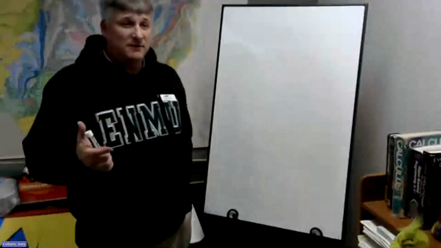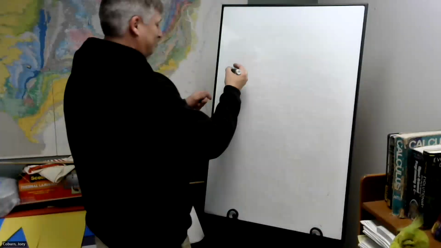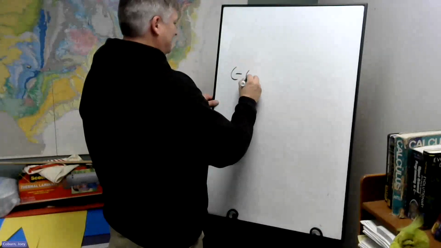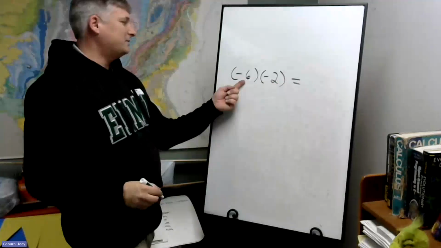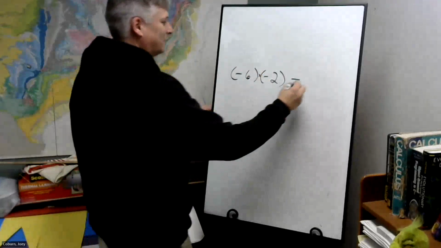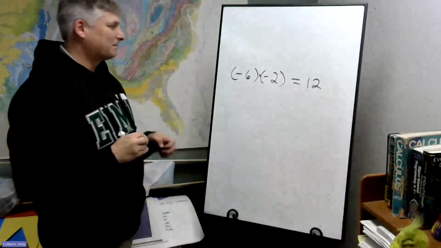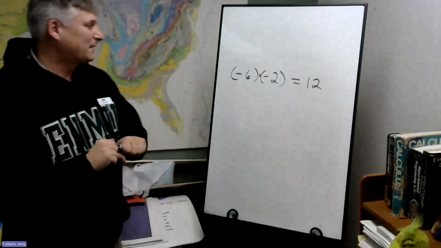So let's talk about division. And let's start out with this scenario. -6 times -2. Well, a negative times a negative, and here I'll put that little multiplication sign in there, gives +12. So what I'm going to do, this is an idea of opposites, and this is going to come up